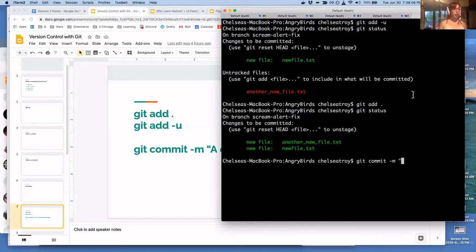And I want to make a point of that because I think it's really important to know that you can use commit messages as a way to store critical information about the history of your project that other developers might not necessarily be able to glean by looking at the code itself. So let me show you an example of this. I'm in Angry Birds here, and let me do